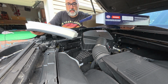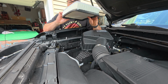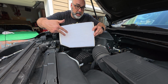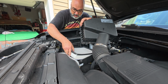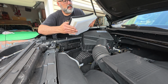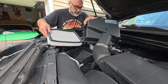All right. Here's the new one. It's got a shape to it, so it does only go on one way. And the media side, again, this is for the off-road to catch the mud and water that might come in here, but it goes in like so. It's got a little bit of an arc to it, which is kind of weird. I'm also going to wipe off this. Make sure there's nothing. All right, I'm going to put this